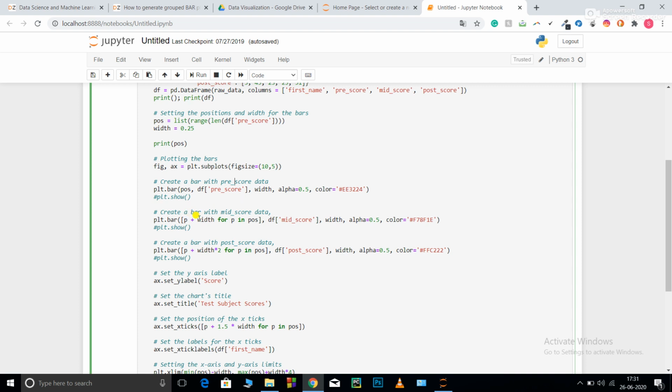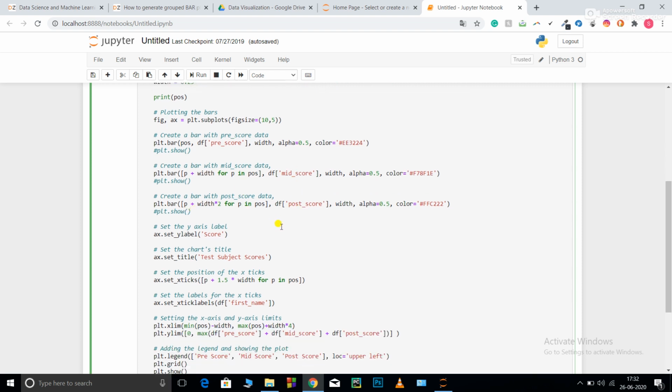So I need to write p plus width for p in pos. Width is 0.25, that is, move 0.25 for each p in pos. So p will iterate over the elements of the list: first 0, then 1, 2, 3 and 4. Then df mid score is the value that should be converted into a bar plot.